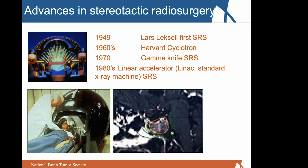It was originally developed back in 1949 by a Swedish neurosurgeon named Lars Leksell. It then was used in the 1960s, actually using proton radiation. And then in the 1970s, the use of one of the most common machines to do stereotactic radiosurgery, the gamma knife. Later in the 1980s, conventional radiation machines, which we call linear accelerators, were adapted to use for stereotactic radiosurgery. And this just shows you some of the different machines over the years. You can guess that these photographs are old looking at the picture, but that is indeed Lars Leksell leaning over the patient